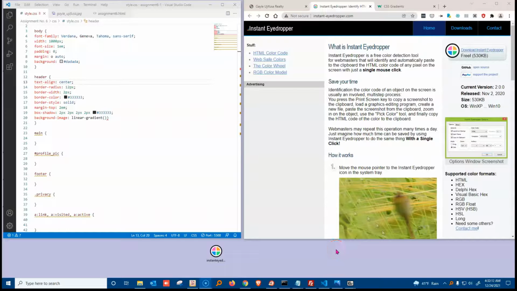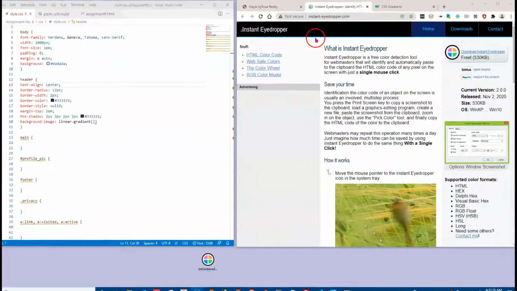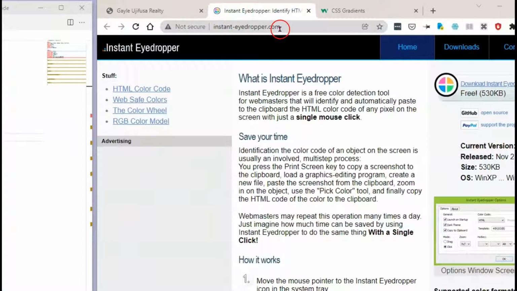Roger here, and I'm going to show you a very cool tool that you can use to identify colors on the screen, and then I'll use it to show you how to create a gradient on a HTML web page. So the tool is called Instant Eyedropper. It's at